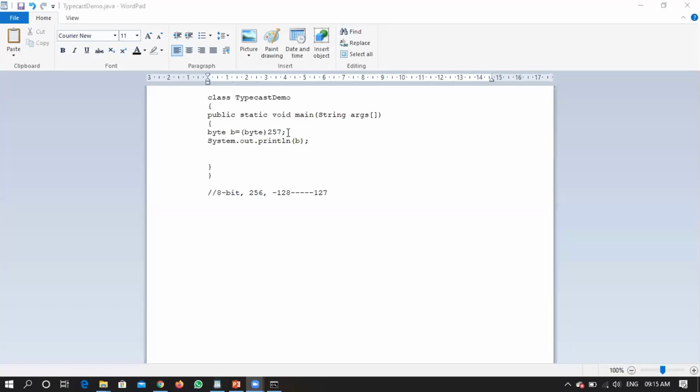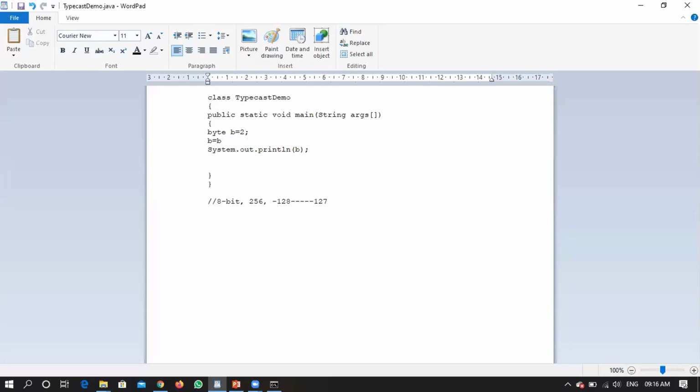I'll just modify this particular example. You have to just guess what might be the output. I will declare a byte b. I will say the new value of byte b is equal to the previous value of byte b. I have not initialized anything into b, so let me initialize this value as 2. 2 is a valid byte value.